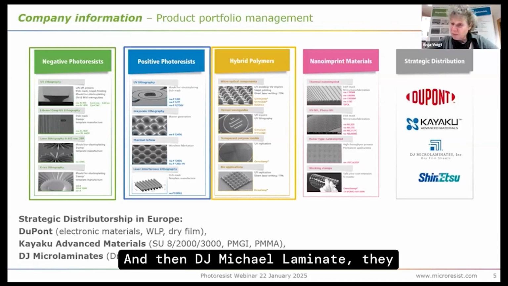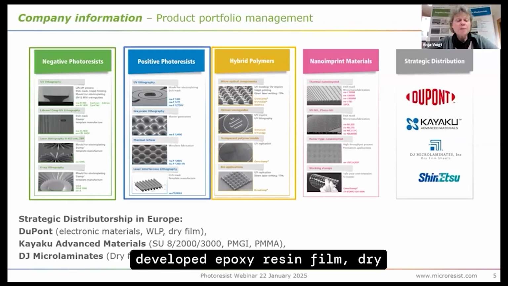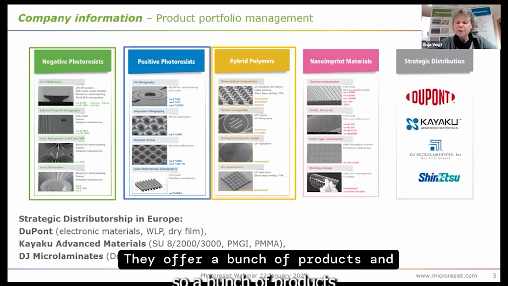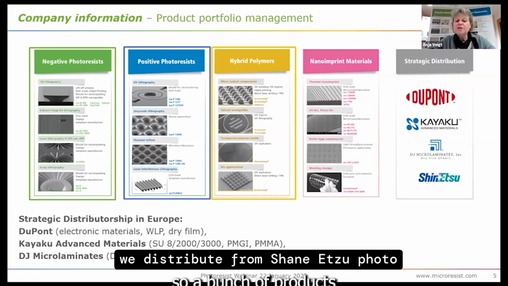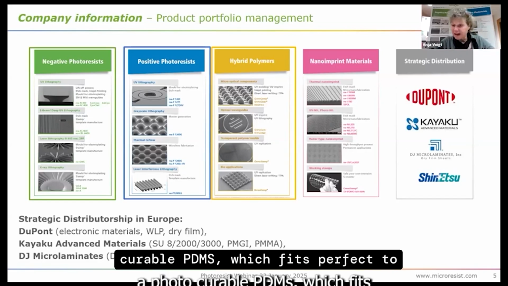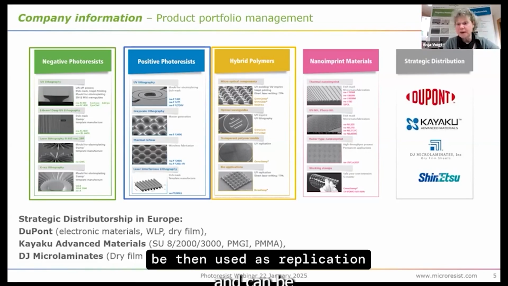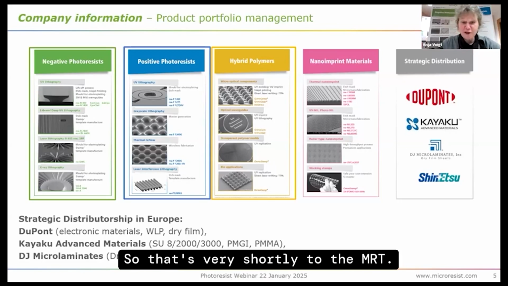And then DJ Microlaminate, they developed epoxy resin dry film. And Schleunitz, they offer a bunch of products, and we distribute from Schleunitz photo-curable PDMS, which fits perfectly to our nano imprint materials and can then be used as replication material. So that's very shortly about MRT,